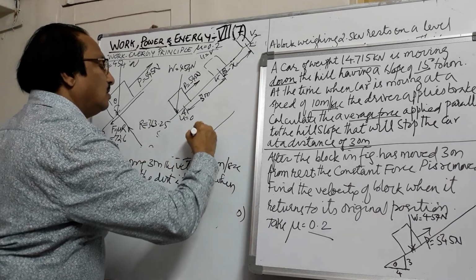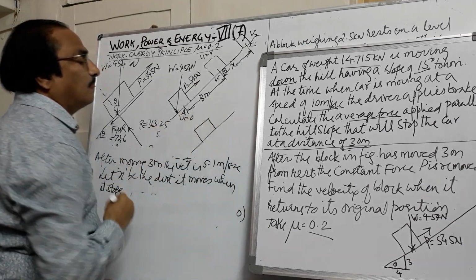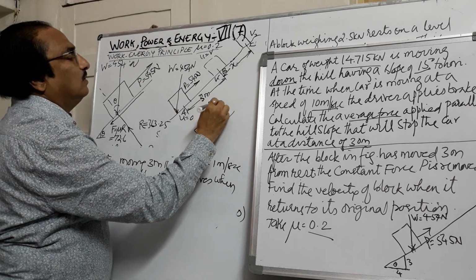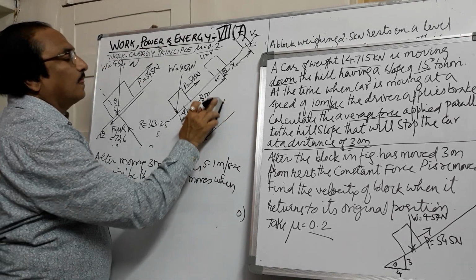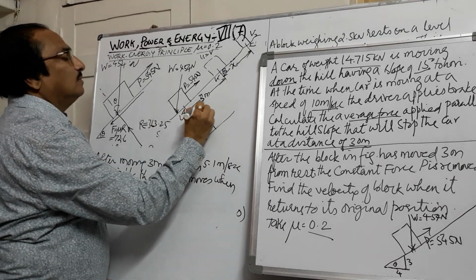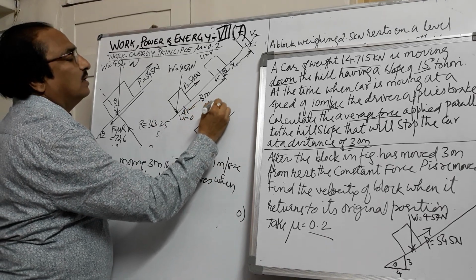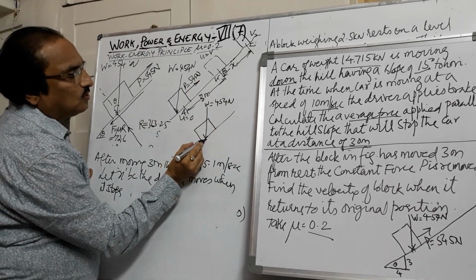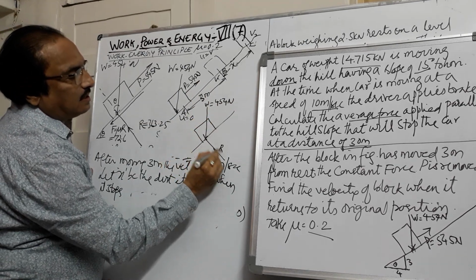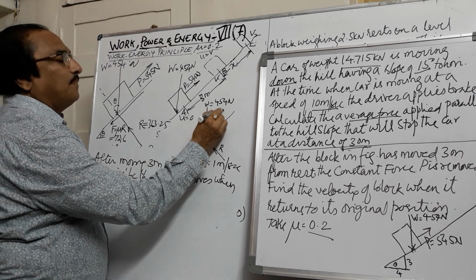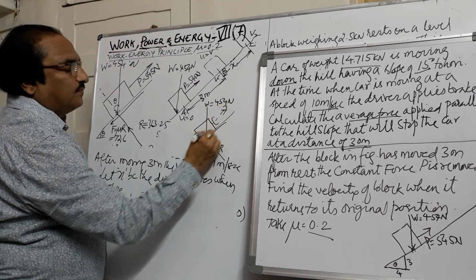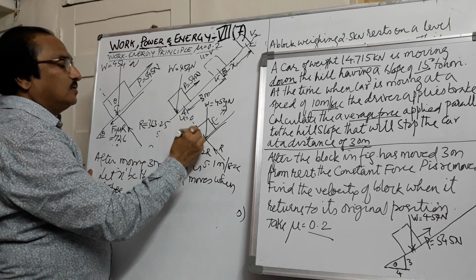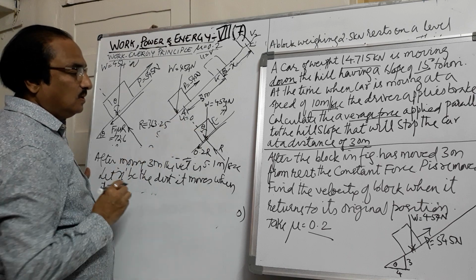Now if you see the block, same block, it has got a weight of 454 Newton. So the weight of the block is W equal to 454 Newton. Now the force is removed, so only it will be having the reaction R. Since it is moving up, the force of friction will be down, so this will be 0.2 into R. So this angle will be again equal to theta.